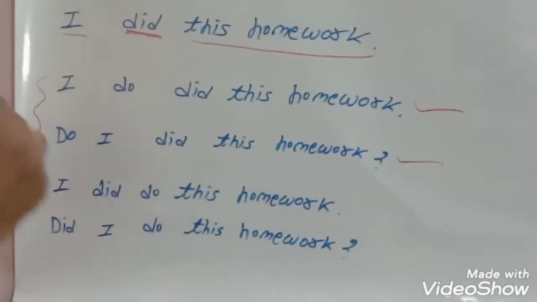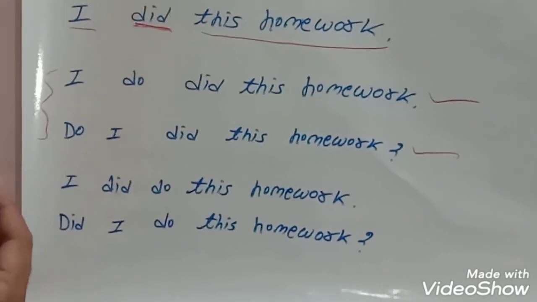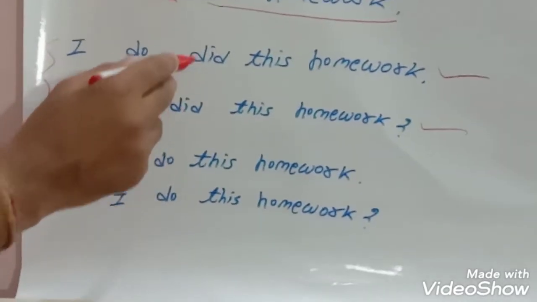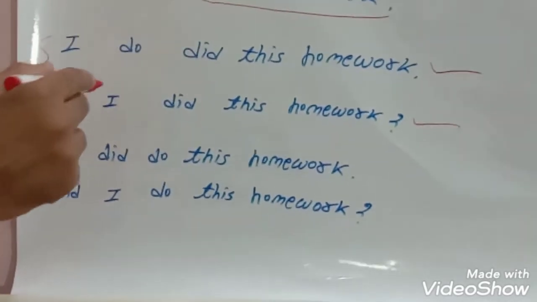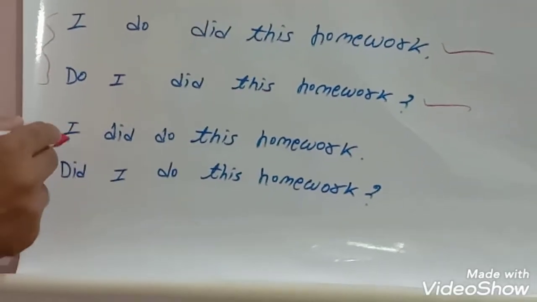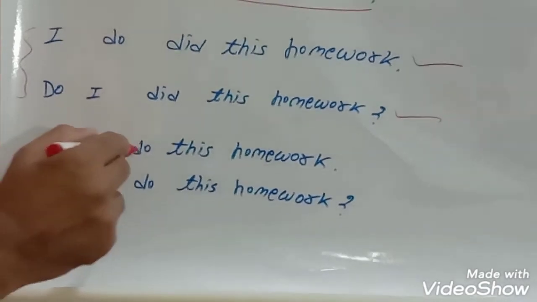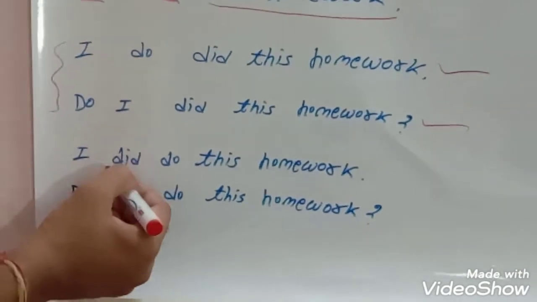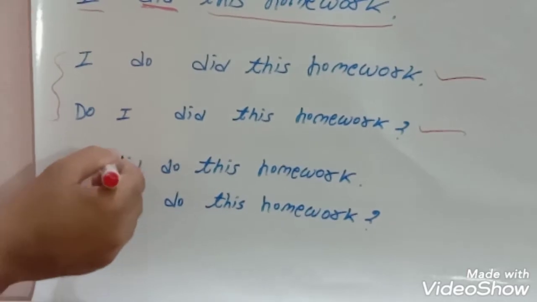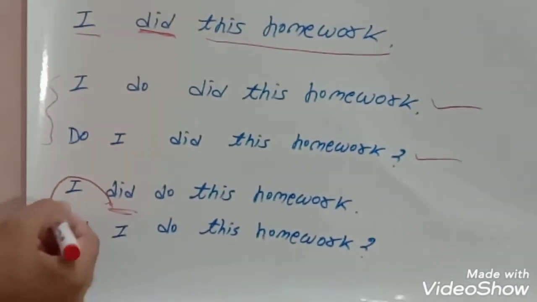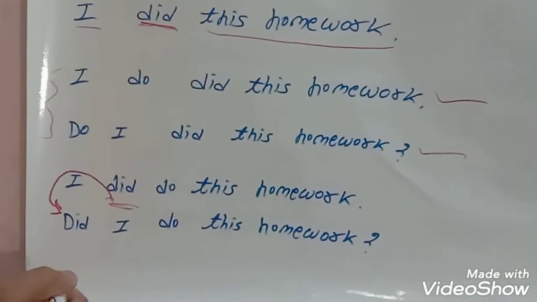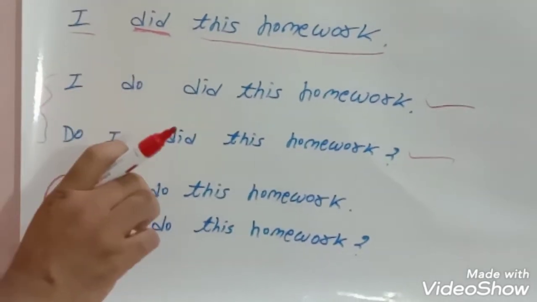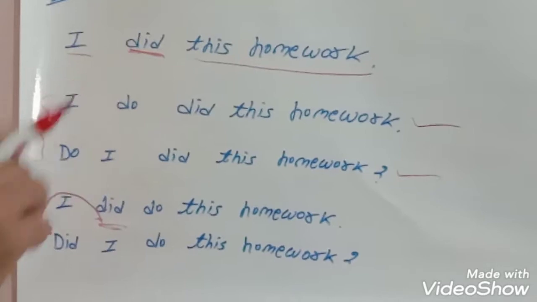This is one category. Then if I keep the main verb as the light one and the helping verb a little bit heavy, the second form of "did" will come to this "do." So "do" will become "did." The sentence will become "I did do this homework." And with simple drag and drop in interrogative, this "did" will be dragged to the front and the sentence will become "Did I do this homework?" Please mark this question as very important, because this is a tricky one to confuse the students and the aspirants.